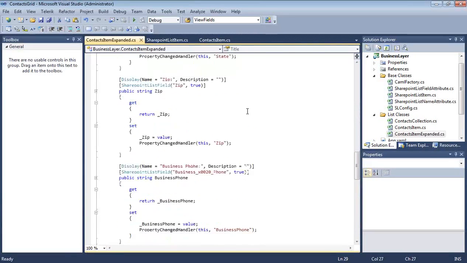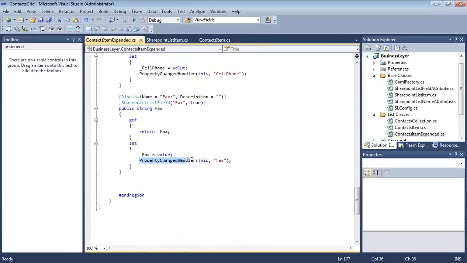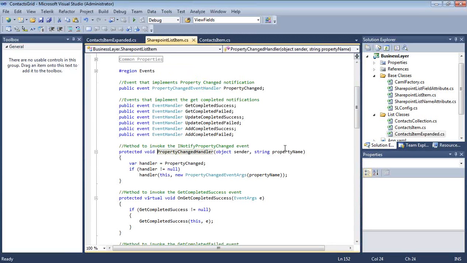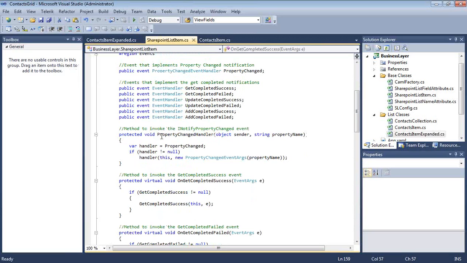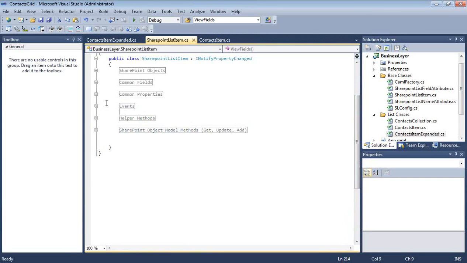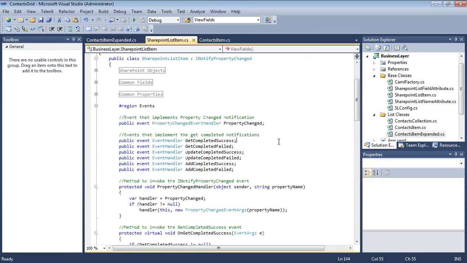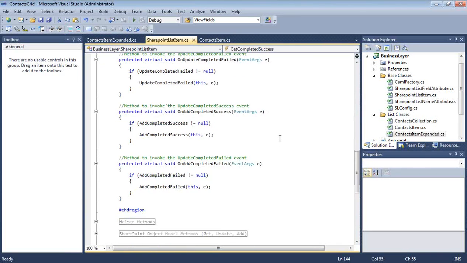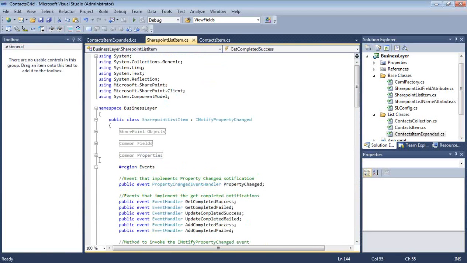So as you can see here, all the same properties, but they are implementing the extender method of property change handler. Go to this definition, and in here, it is invoking the INotifyPropertyChanged event and telling the UI every time a property is changed, hey, I've been updated. That way the data grid knows that it can fill itself without you having to explicitly tell it. In order to do that, you do have to implement quite a bit, but as you can see in the SharePoint List Item, I have